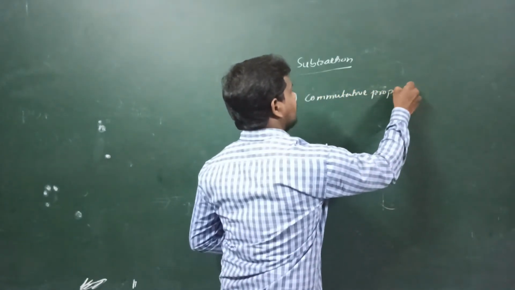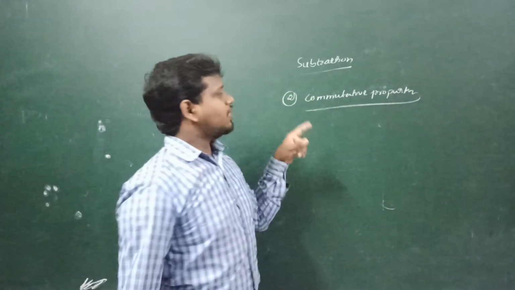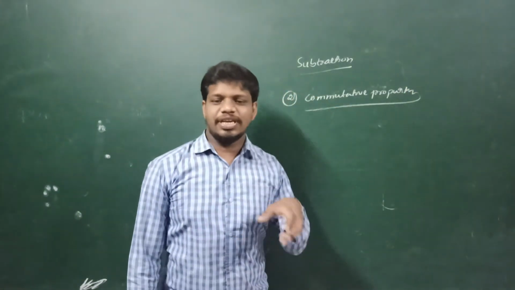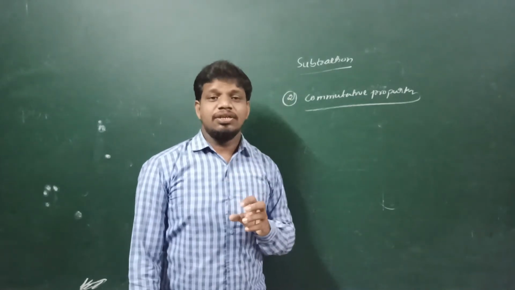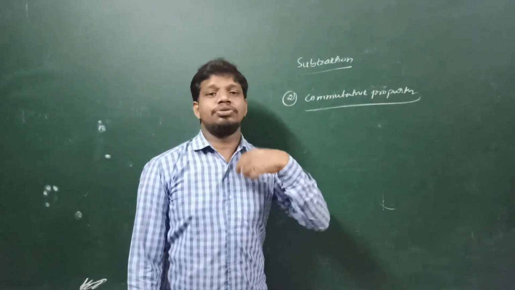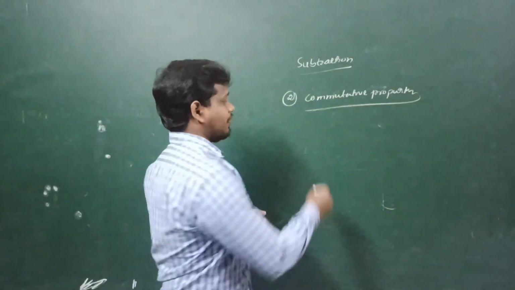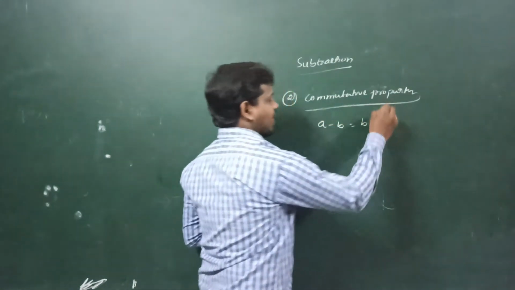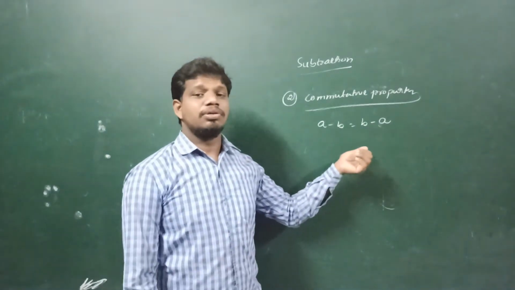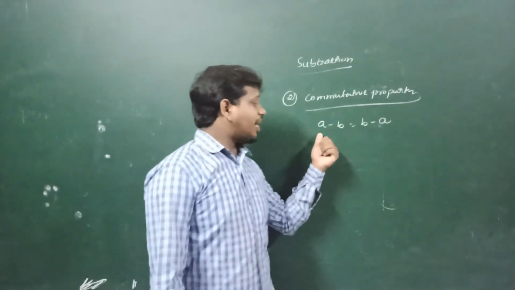Commutative property under subtraction. Same as what we discussed in commutative property under addition. Instead of plus, here we have to use minus. So for example, a minus b equal to b minus a. A minus b equal to b minus a. For example, a and b